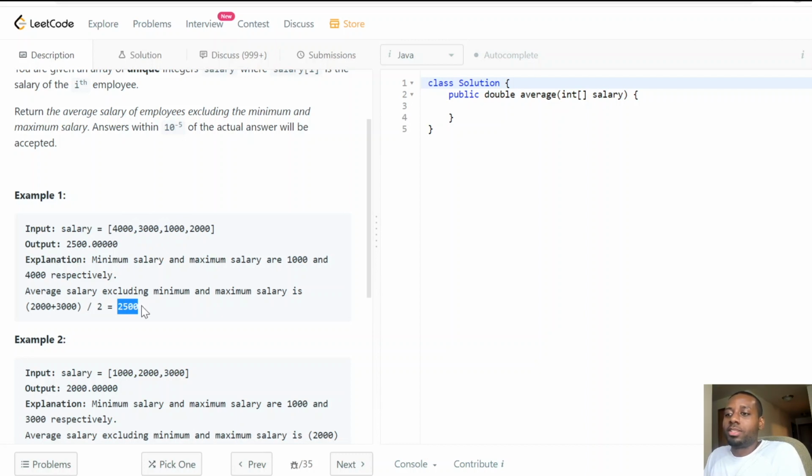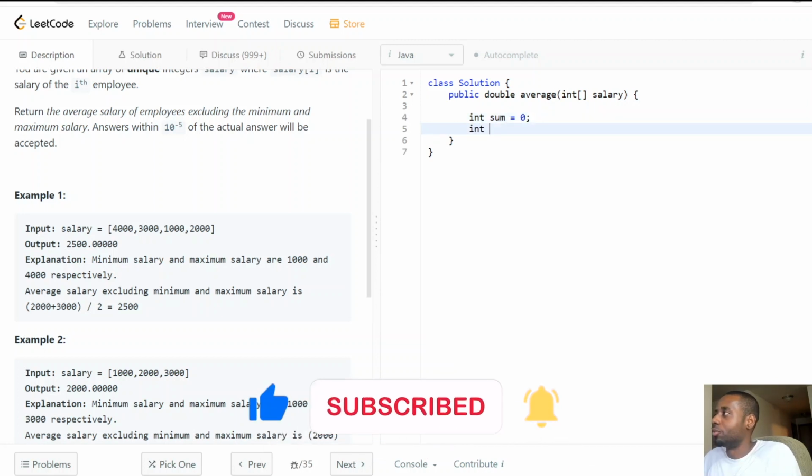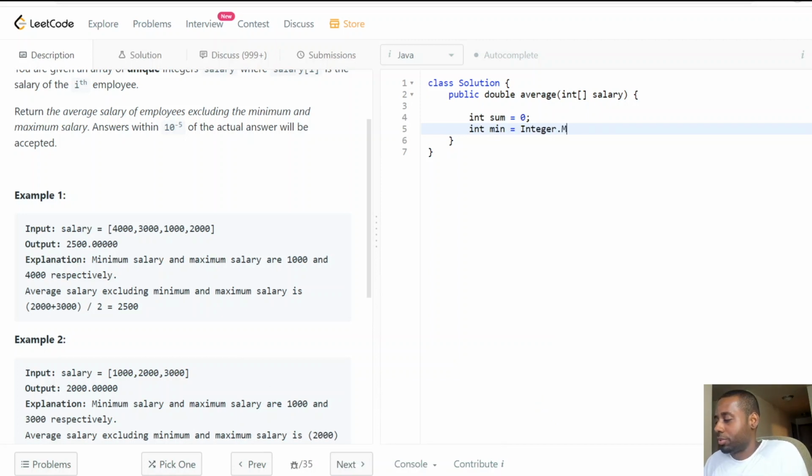Hopefully the whole thing makes sense. Let's quickly go ahead with the code. I think the code will make even more sense. What we're going to do, guys, is get the sum, initially 0, and then we're going to have a min and a max. We'll initialize the min to a very big number, and then our max we'll initialize to a very small number. Okay, and then we'll loop through the